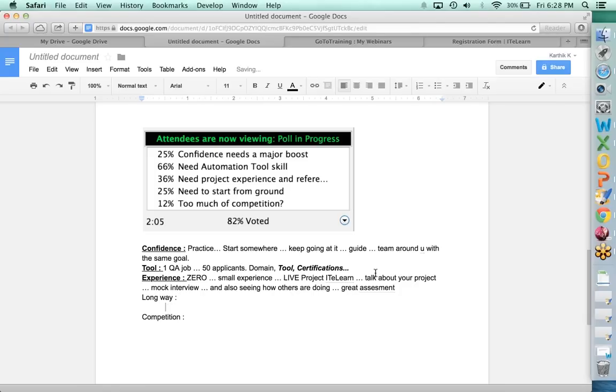So when you have a long way to go, team, I understand all of us have a long way to go. But then you have to take your first step. Very simple. Just take your first step. And if you don't like it, you always know it for sure. You know it for yourself that you're going to drop out. But if you don't take the first step, what is it that you're going to do?